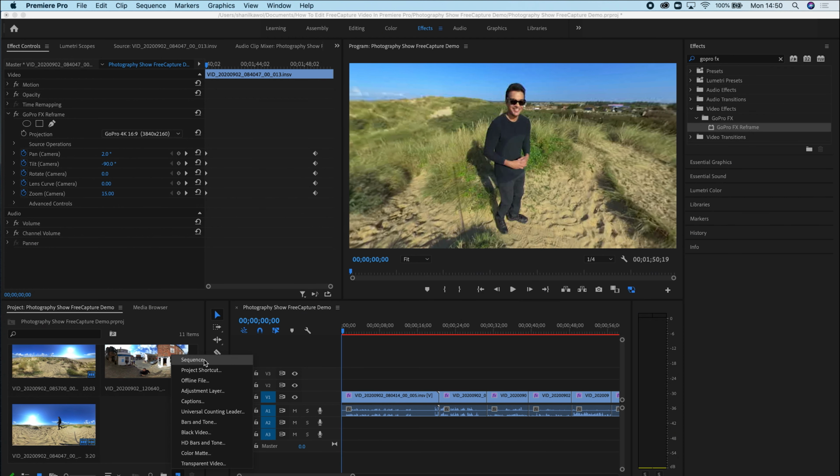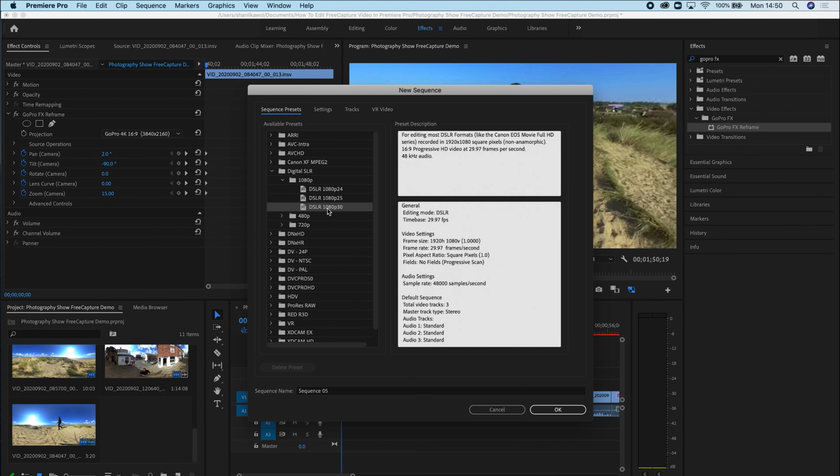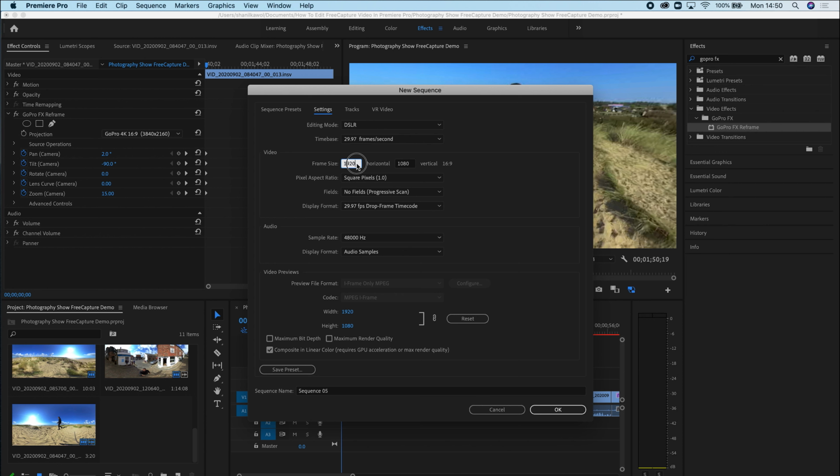You may want to reuse the same edit for a different social media platform, and this is pretty easy because you can cut out any aspect ratio out of a 360 video. So let's say you want to make an Instagram stories or TikTok 9:16 video, for example. Click New, Sequence, select the DSLR 1080p 30 preset and then go to Settings and change the frame size to 1080 by 1920. And this will give you the 9:16 format. And I'll change the sequence name to Photography Show Free Capture Demo 9:16